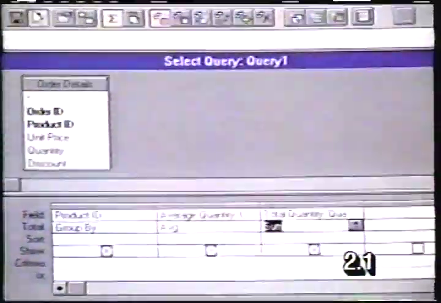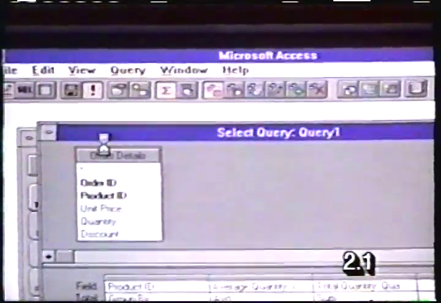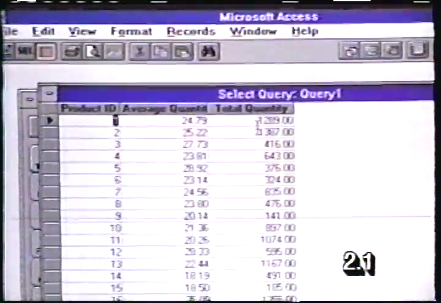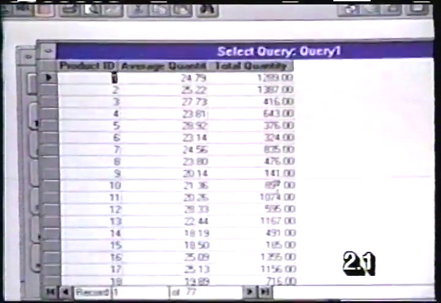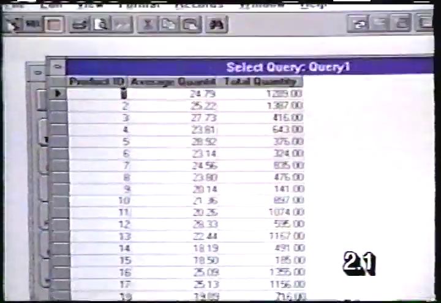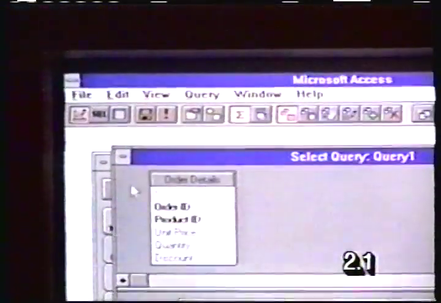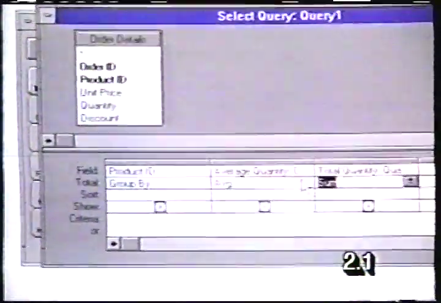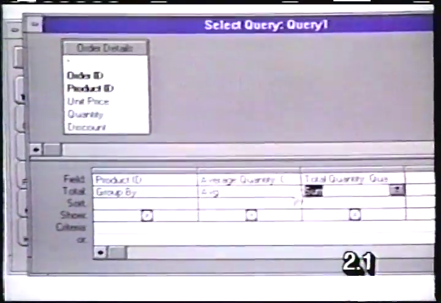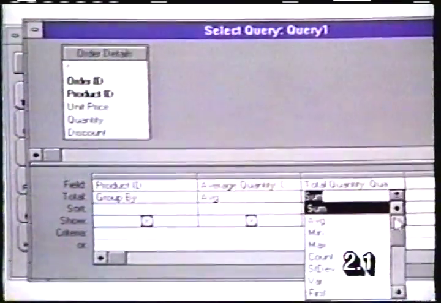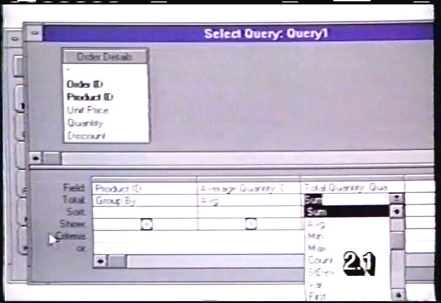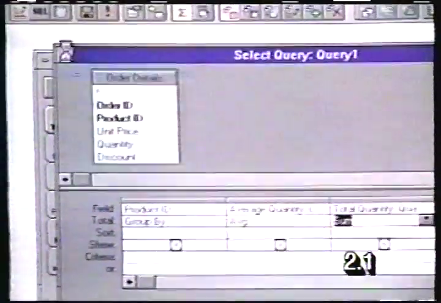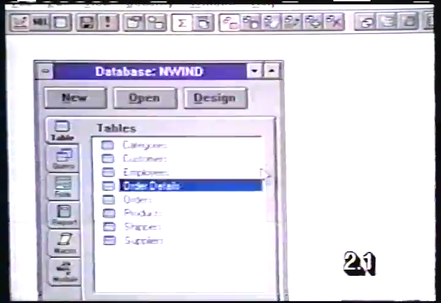And let's run the query. Now what I'm seeing is by product ID, I'm going to see the average and total quantities ordered. Let's go back to Design View. So remember, I can include totals, and those totals can be sums, averages, minimums, maximums, or so forth in all of my queries. I'm going to double-click to close down this query and say no, I don't want to save